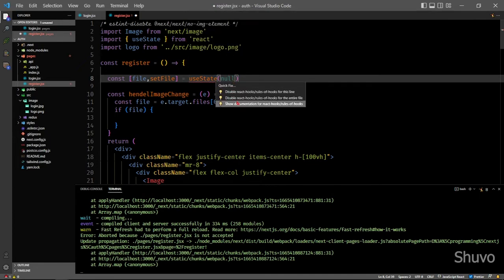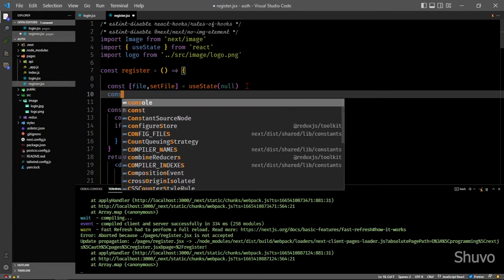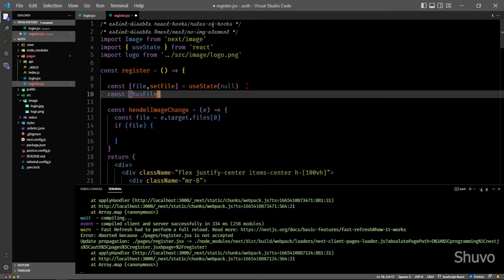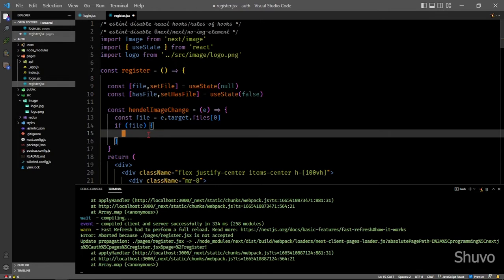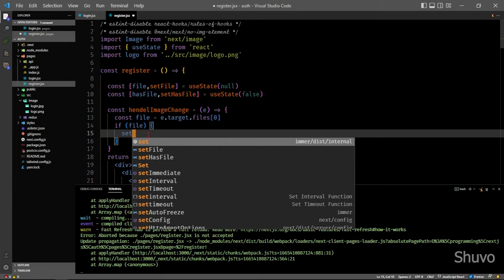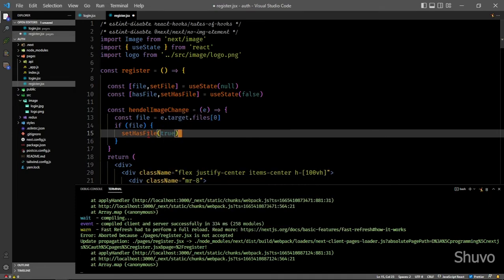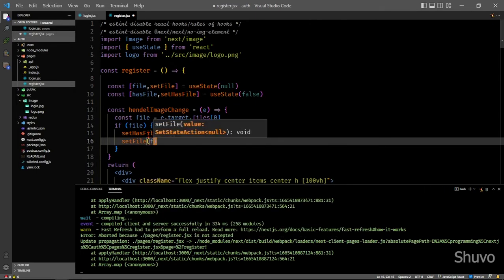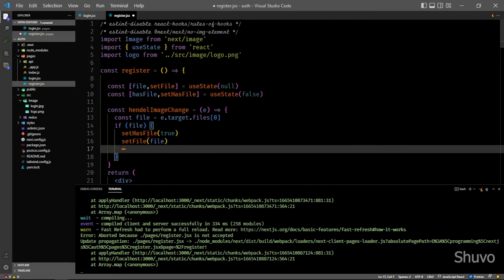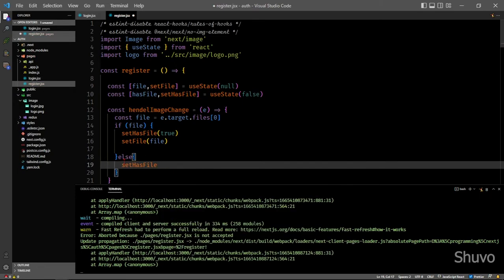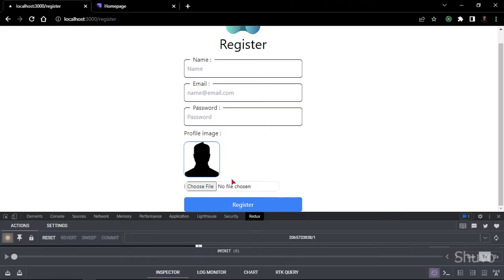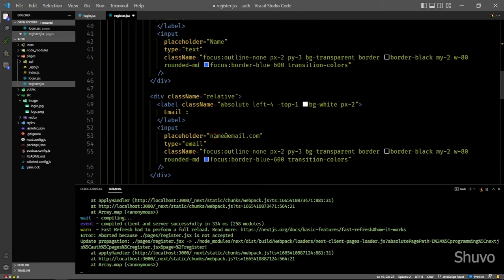We can do this by using const has file, false, and if file, set has file true and that file should be file, and we can specify an else condition here, set has file false, and we want to show this selected file in this image, so we need to create this image reference